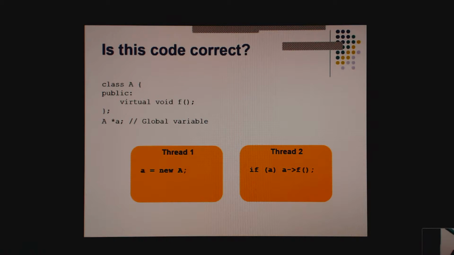Okay, in theory, the assignment may not be atomic, but that would be one weird architecture. So this is fundamentally broken code, and in fact, you should never do it on any architecture.